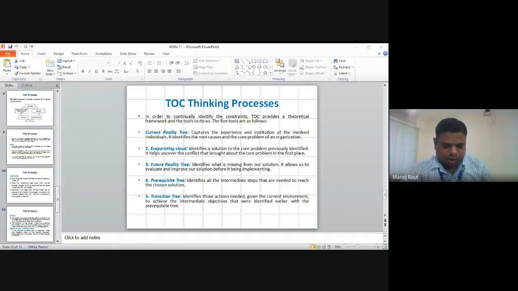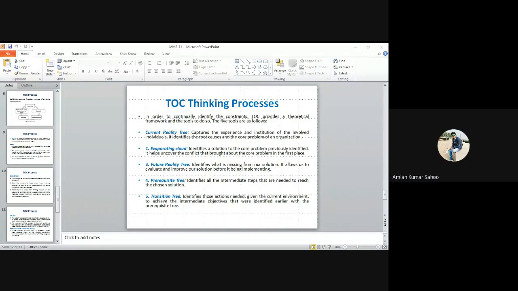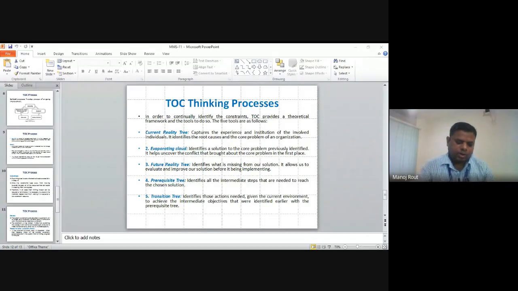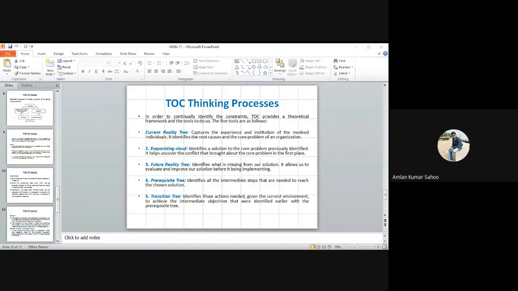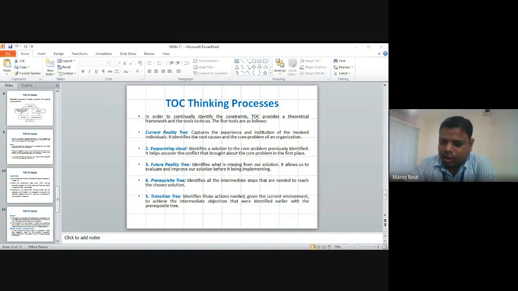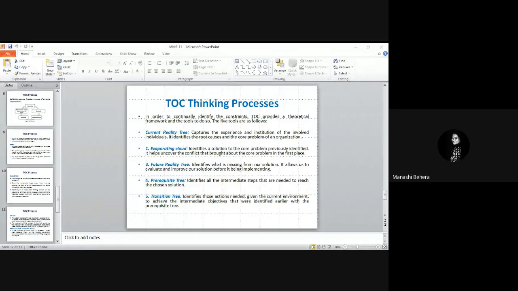Okay, the next question is, what is process definition chart? Amlan sir. Sir, the process definition chart is nothing but the graphical representation of the activities to be performed inside a factory, inside a workplace. Okay. Manasi Vera? Sir, basically it is the set of activities which is starting